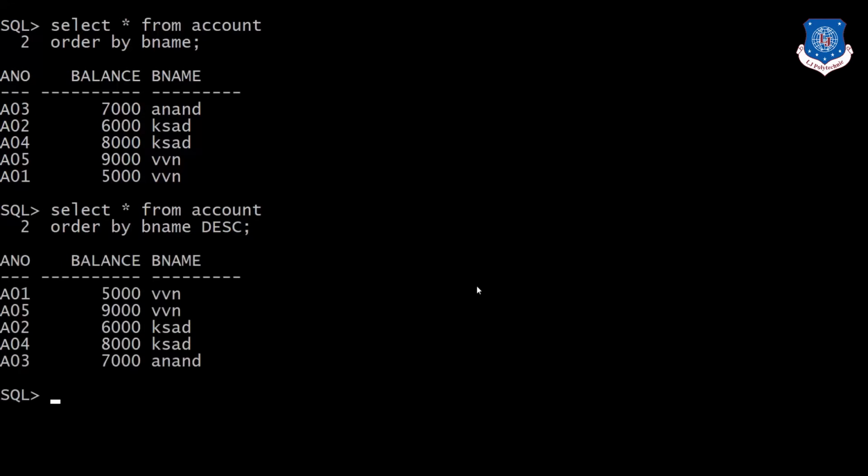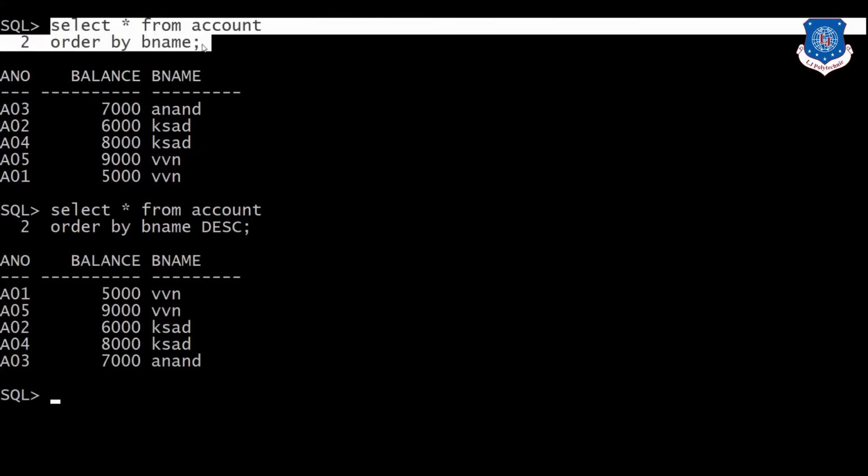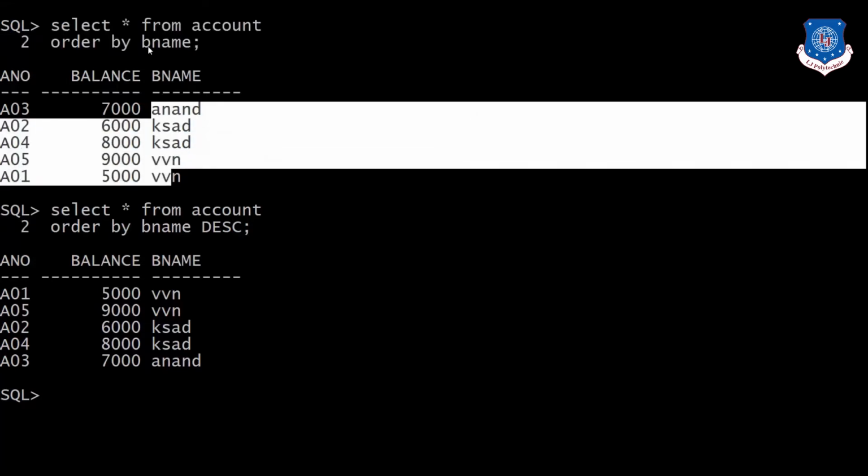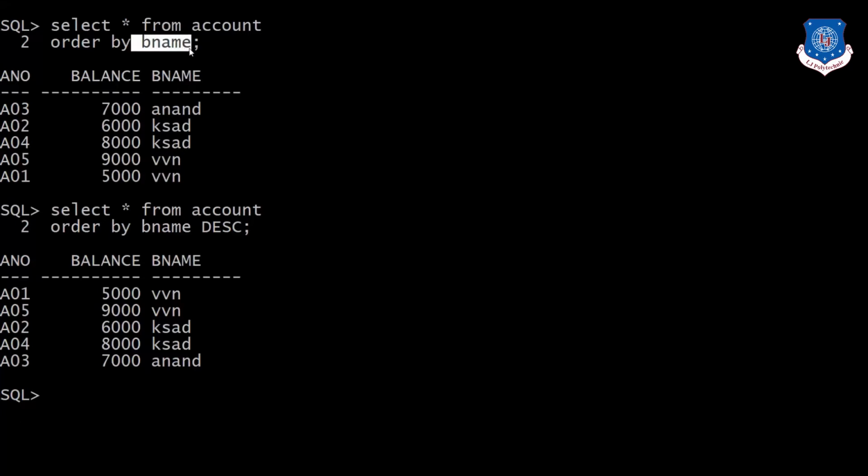So it will sort in Z to A sequence. This particular query gives you records in order from A to Z, meaning alphabetically by branch name, as we have specified the column bname here.